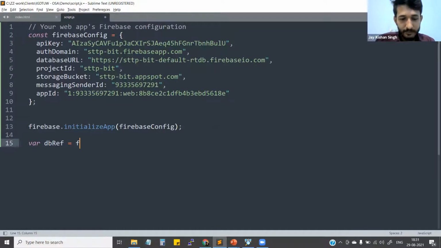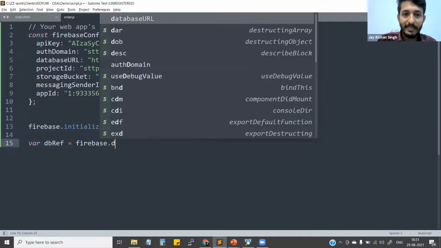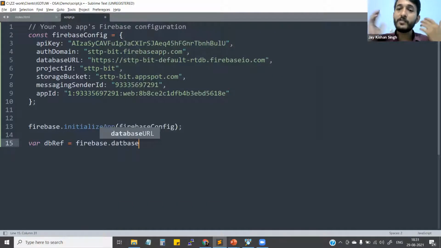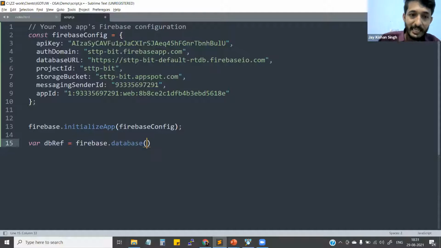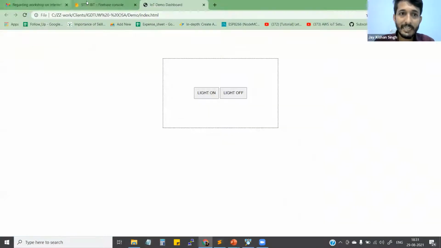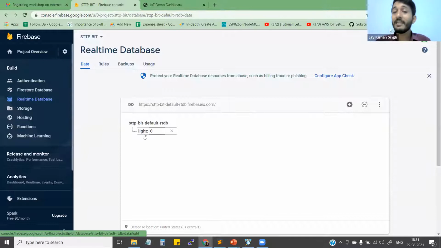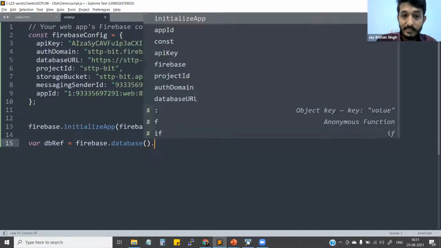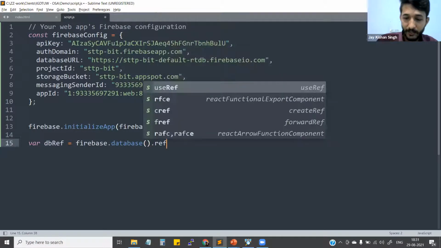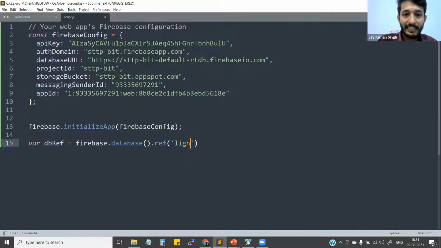Okay, so here what I'm going to do, I'm just writing firebase, and under Firebase we have multiple services. We have a service for storage, for machine learning, and different services, but which service are we using specifically? Database, and that's the reason I'm writing database here. So from Firebase we are using this database. Okay, and let's say I'm coming to database, see, under this database what parent do we have? Light. The name of the parent is Light. So that's what I have to give a reference to. So I'm going to write ref here. I'm writing the ref light here. See, and make sure the spelling is correct, right?